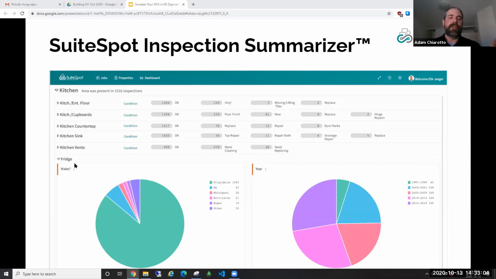In this case, this customer, it's anonymized data, but essentially what we did is we went through about, I don't know how many units, probably I'm going to say like 1,500 units. And they identified the make of the refrigerators and the year of manufacture. All they did, they opened the door, they looked at the little placard, they typed it down. And at the end of the day, they can see, oh, well, I've got 62 refrigerators that are over 20 years old. And then I've got another 249 that are at least 15 years old. I've got another 249 that are at least 10 years old.